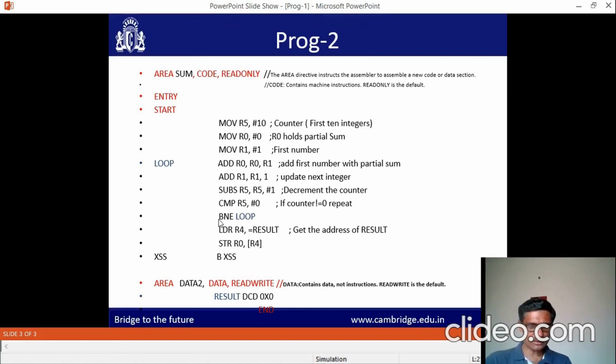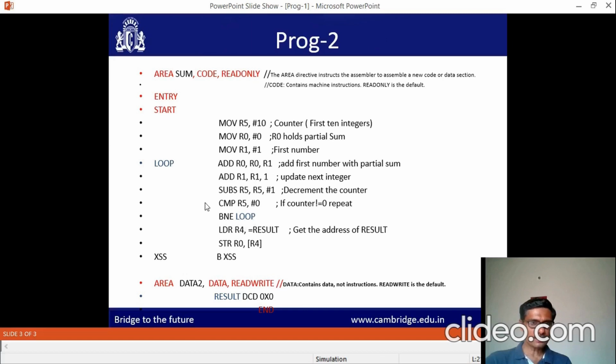It's a conditional branch instruction. The execution jumps to the label only if R5 is not equal to 0. In this case R5 is not equal to 0, so go to the loop.